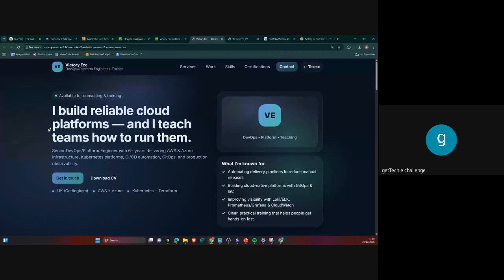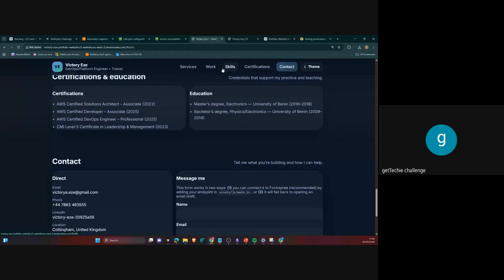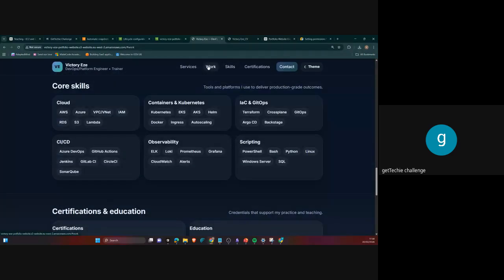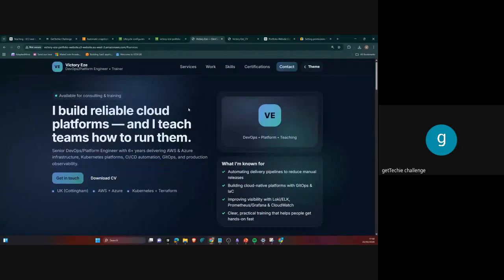I'm actually going to buy a domain name called victoryz.com before it expires. I'm going to tie it to this and upload it on my LinkedIn. I'll make sure it has a certificate and is secure. I will do that between today and tomorrow, and upload it on the group for you to see. It's a responsive site. Anywhere I click, can you see? I'm also going to put this on my LinkedIn.